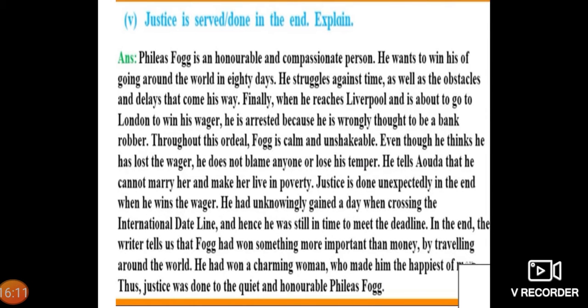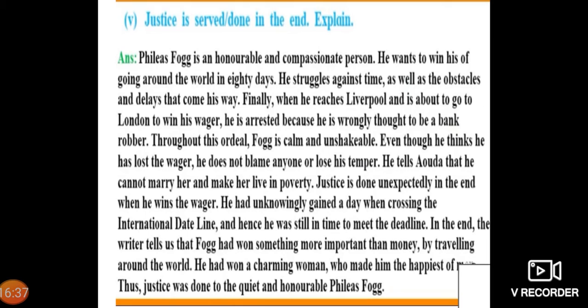Fifth, justice is served, done in the end. Explain. Answer. Phileas Fogg is an honorable, compassionate person. He wants to win his wager of going around the world in 80 days. He struggles against time as well as obstacles and delays that come his way. Finally, when he reaches Liverpool and is about to go to London to win his wager, he is arrested because